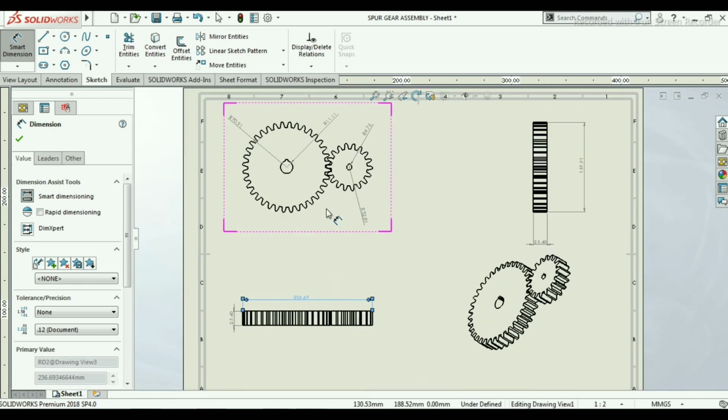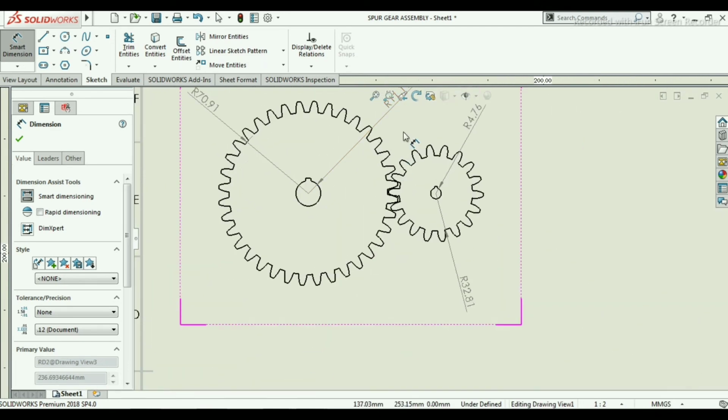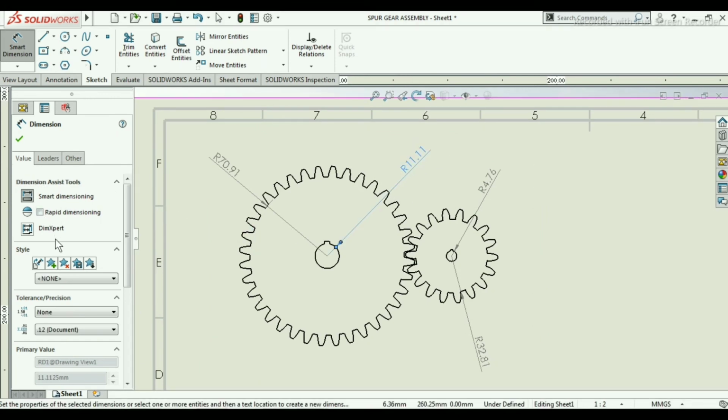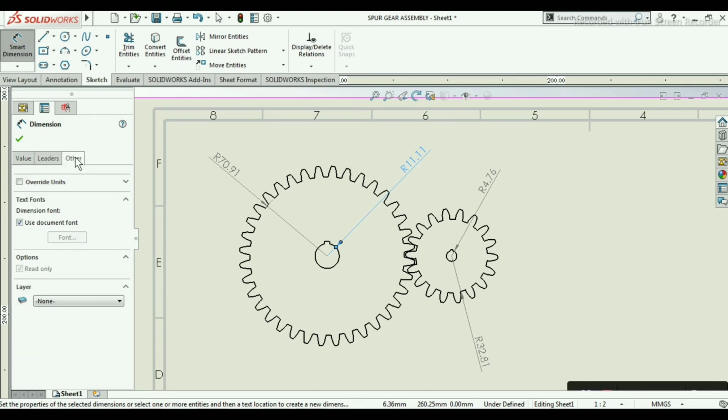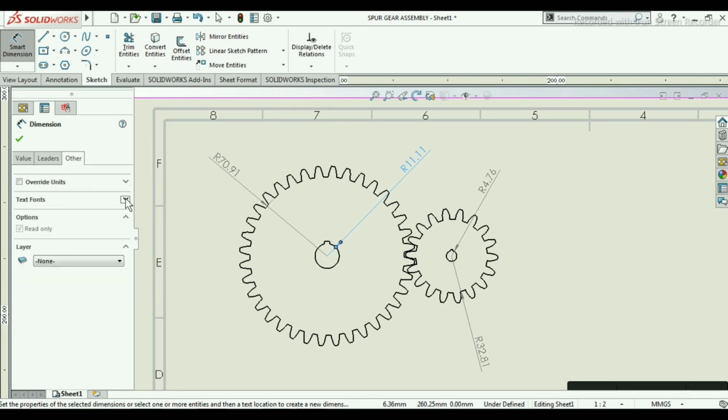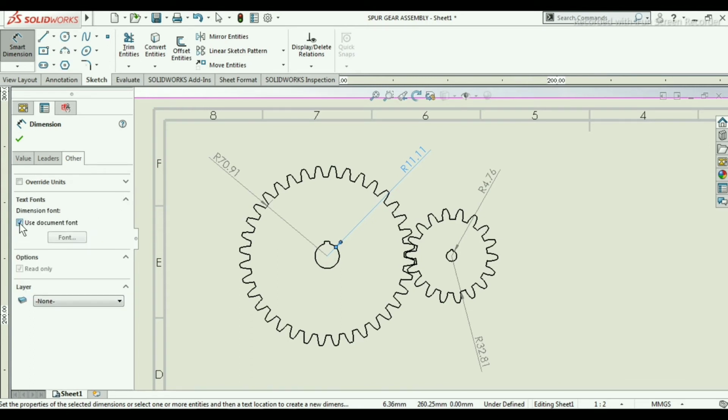Now we will increase or decrease the font size. So select this and here the option is given. If you click on this other, here one option is to uncheck this and then click on this font.